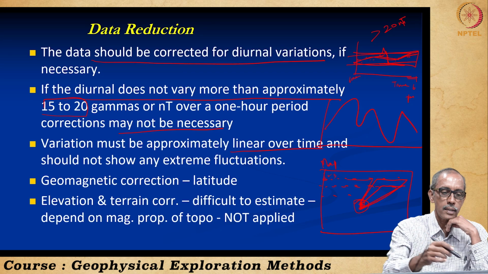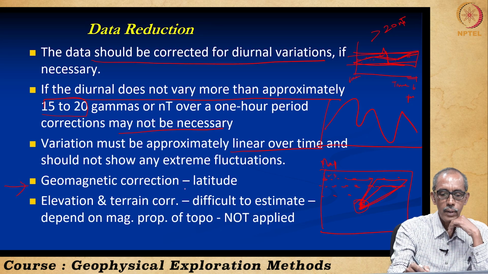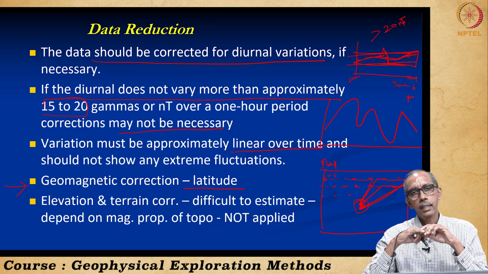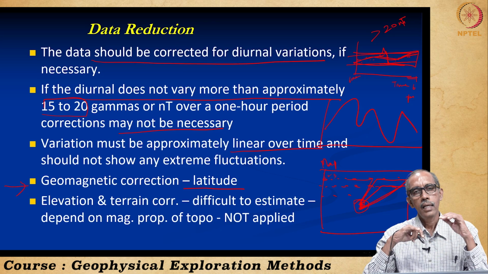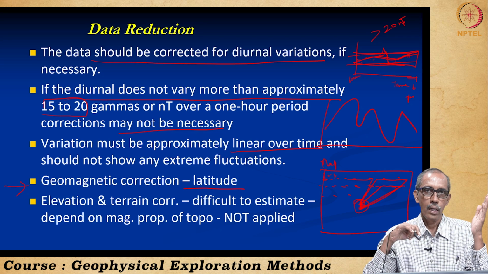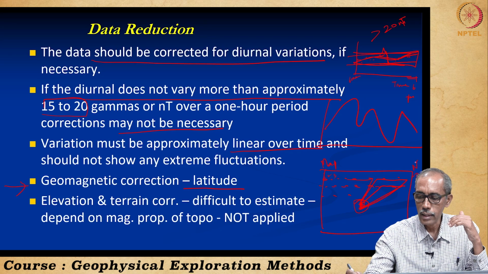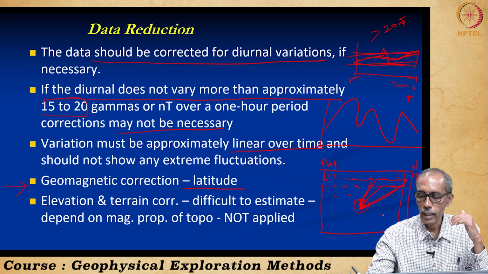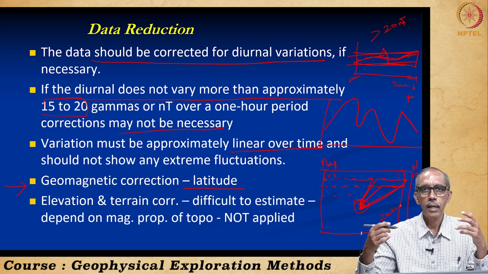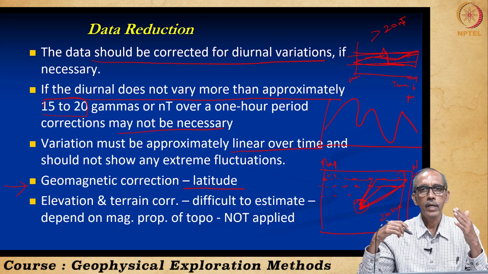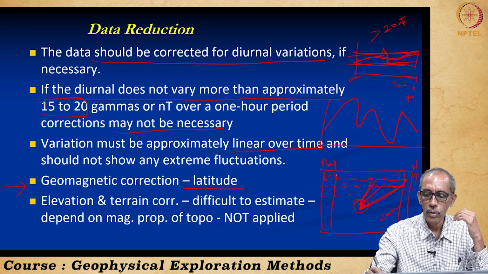Then what is the other correction we need to apply? The next is the latitude correction. Hope you can recollect, in the previous lecture, we had seen the magnetic intensity vary from equator to the pole. So, during our survey, let us imagine this is the map, this is the north direction, and imagine the distance between north to south of our study area is 200 kilometers. I am just assuming 200 kilometers. So, there will be expected variation in the magnetic field strength from here to here.